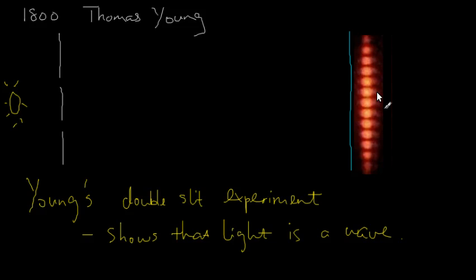Now, from what we know about a similar setup on a ripple tank, we know that this pattern is the kind of pattern we would expect if light is a wave. So what I want to do now is to